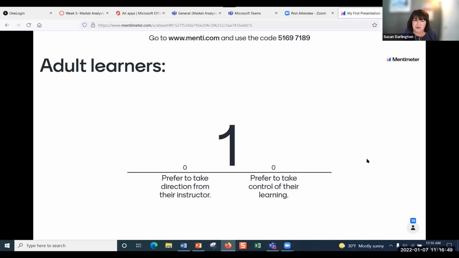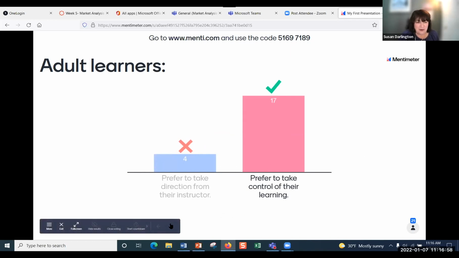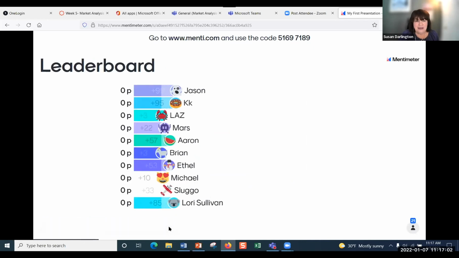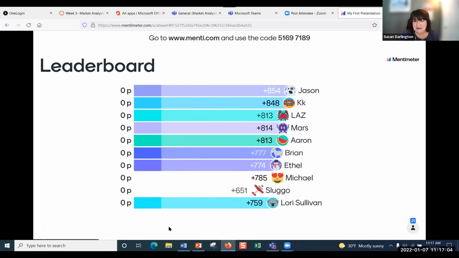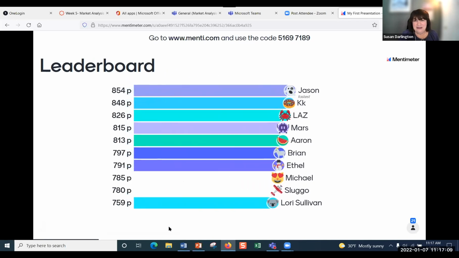You can also add music to this. Okay. Good job. So now we're going to go to the next. So we'll look at our leaderboard here. Ooh, very close race here. Looks like Jason's in the lead.